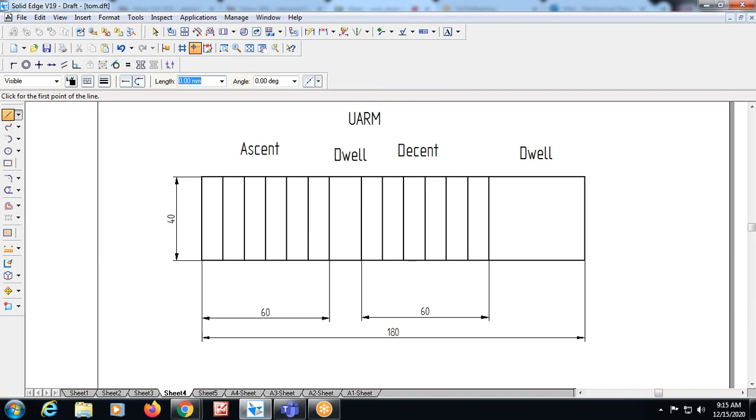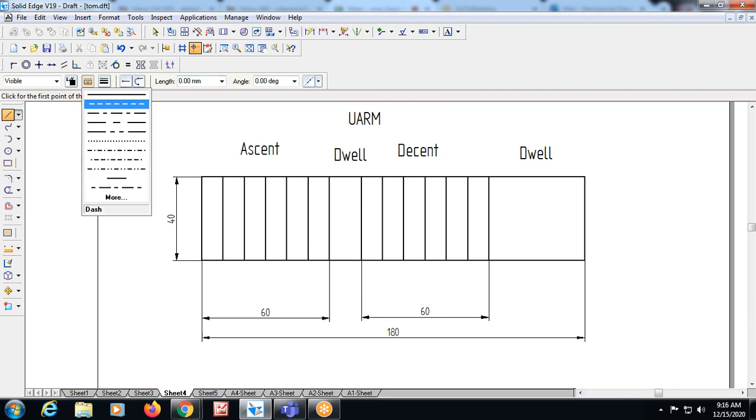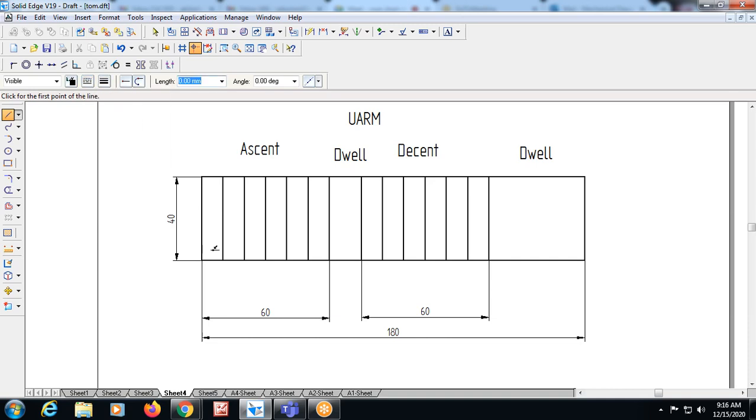first, from this initial position I will take one construction line. From this extreme end to the extreme end at the top side for the ascent, I will join a line. Then it will cut the middle of this entire rise time, that is the stroke time, that is 40 mm. So if you intersect it, it will be exactly at the middle, that is 20 mm.